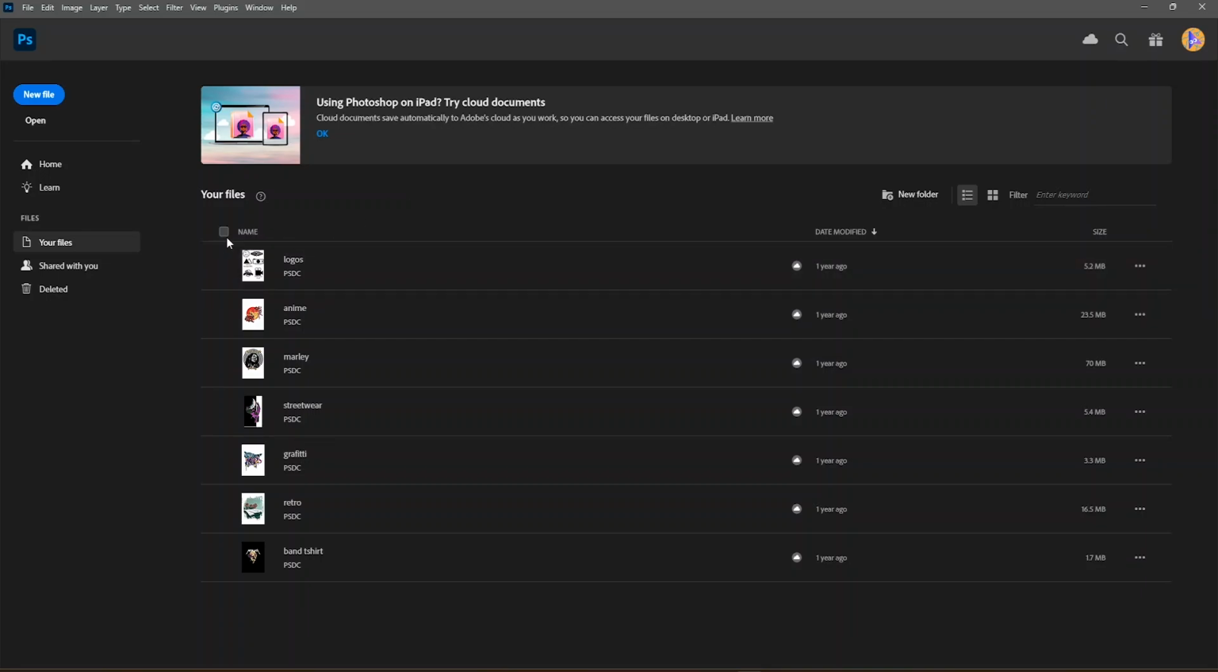You'll be able to select all of them together. You'll be able to see the date it was modified. You can also sort it in ascending or descending order. If you want to delete any one of these, just click on these three dots and you'll be able to delete them. Not only delete, you'll be able to rename them, duplicate, move, select, and also make